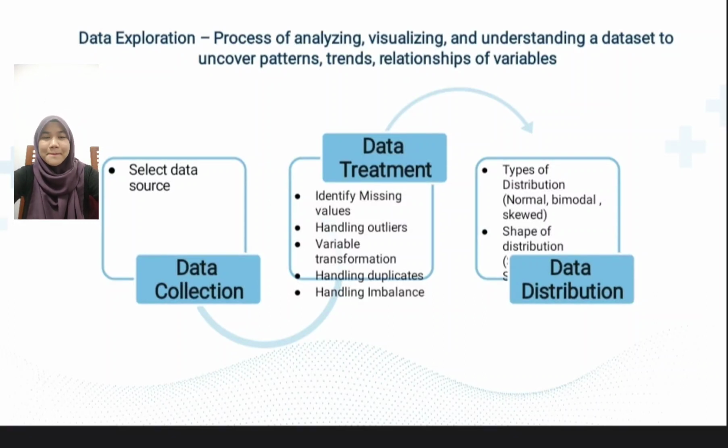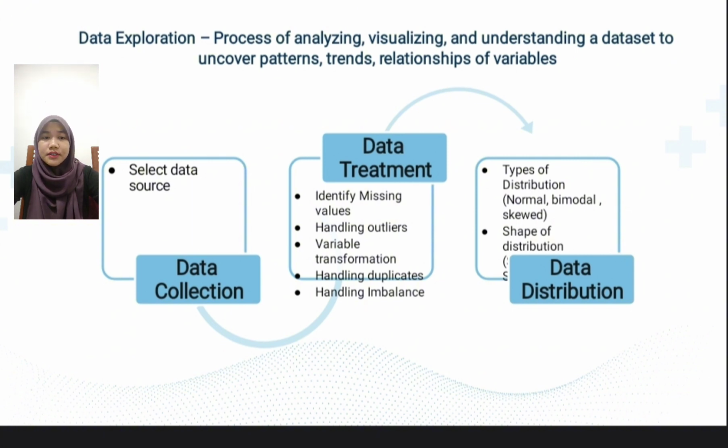Hi and good evening. My name is Alifa Iliana and I will be presenting about data exploration for the Parkinson telemetry dataset. In this section, I will explain in detail what data exploration is and how it works before the model